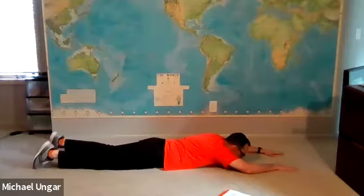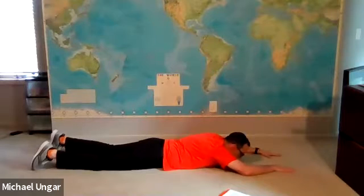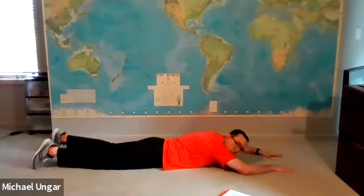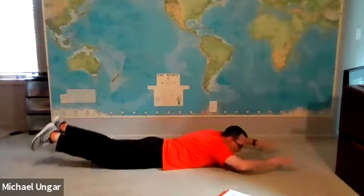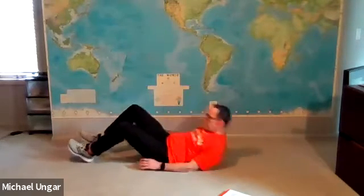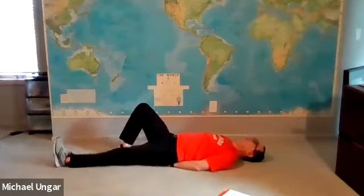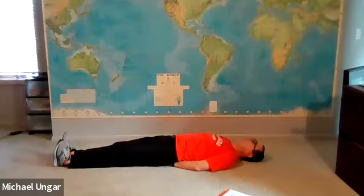1, 2, 3, 4, 5, 6, 7, 8, and 9. All right, supine leg raise. This one you can do while seated in a chair. If you're lying on the ground, go ahead and put those hands beneath your hips, palms face down,